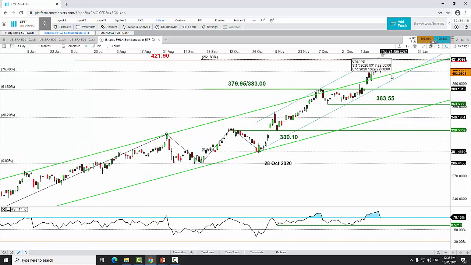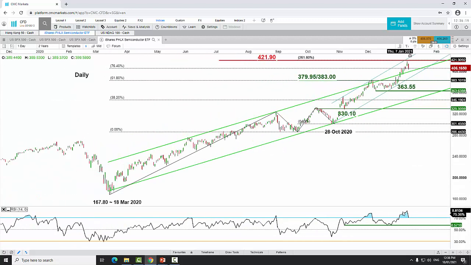We start to see a bearish candlestick last Friday, with the daily RSI hitting an extreme overbought level, as seen in this ongoing major uptrend that has taken shape since 18th of March 2020. In this major uptrend, the daily RSI has hit an extreme overbought level, the highest since 18 March 2020. So what it implies is that potentially upside momentum is overstretched at this moment in time,